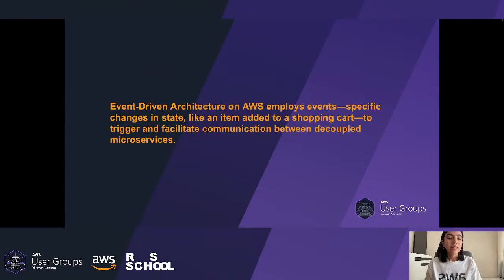So, what is event-driven architecture? Event-driven architecture resides on the concepts of production, detection, and consumption of events. Those events can be viewed as triggers that result in a cascade of actions in a loosely coupled architecture, distributed systems, microservices, and so on.